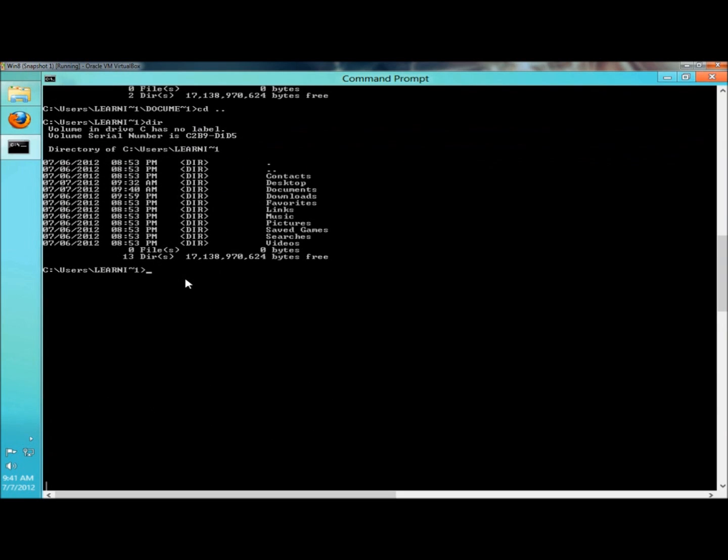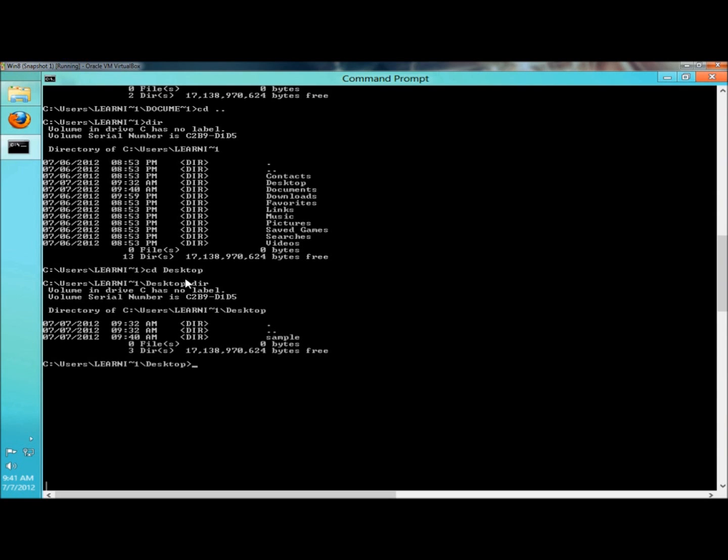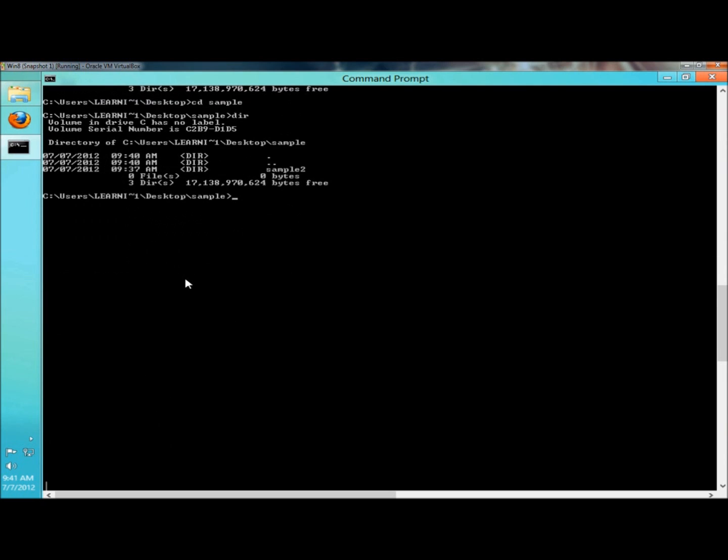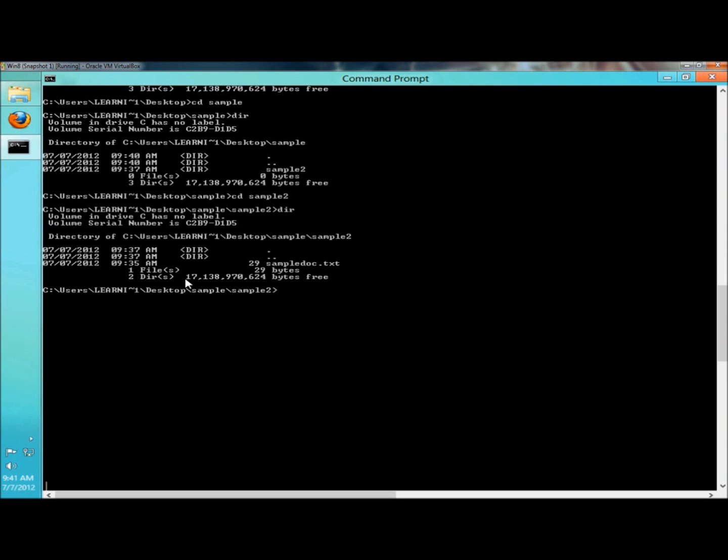and next I'm going to move back into desktop, and once again run the dir command, and there's the sample directory. I'm going to move into that, run the dir command. Next I'm going to move into sample2, run the dir command once more,